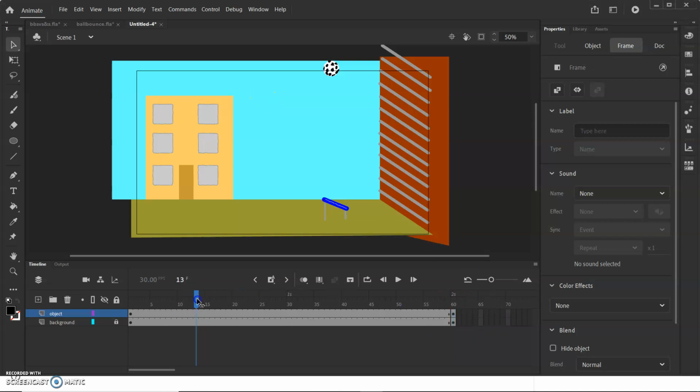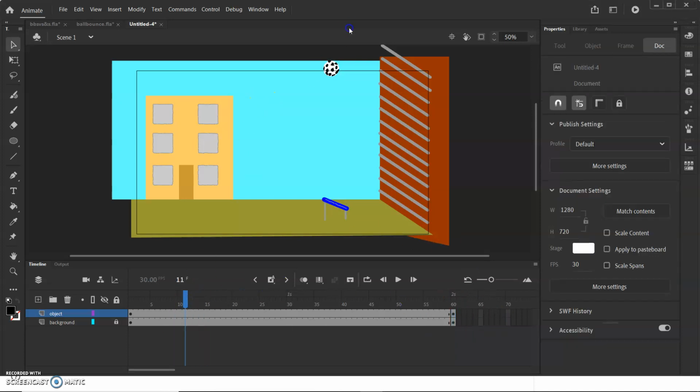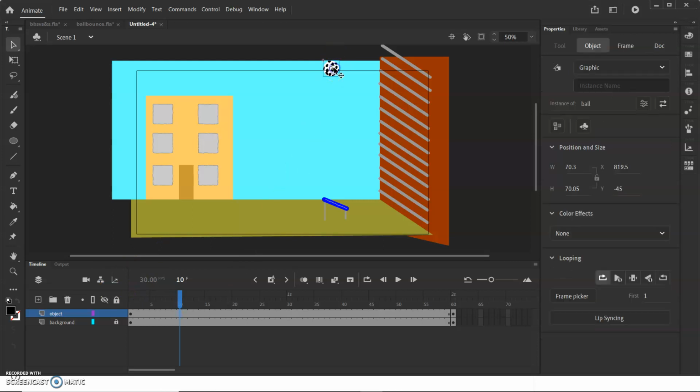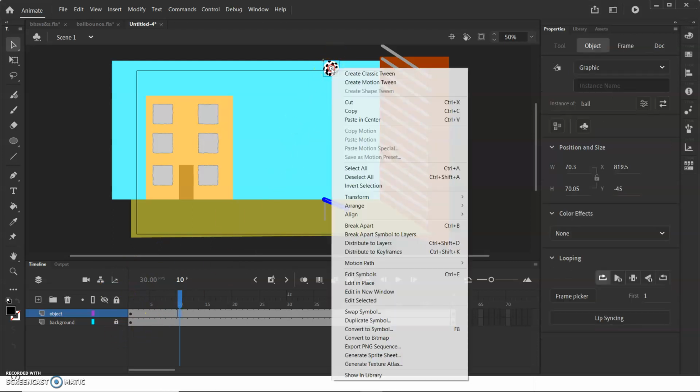Alright, so we have our first object or pathway that I'm going to make is from here to here. And this probably shouldn't take too many frames. So let's just start with 10 and see where we get. I'm going to click on this object, click motion tween,